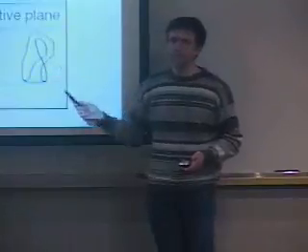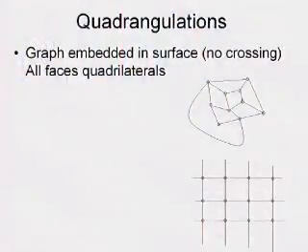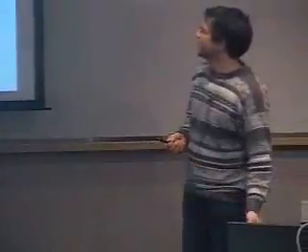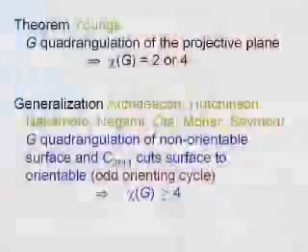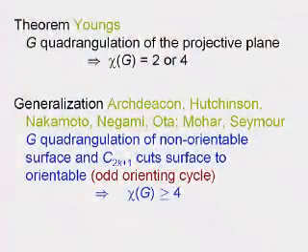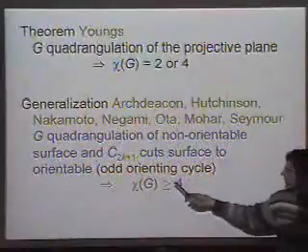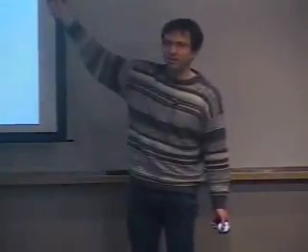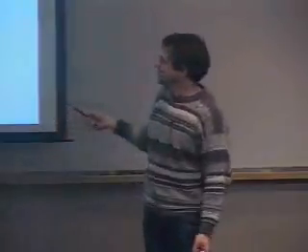And if one of these cycles happens to be a graph cycle, you can just check the parity of that cycle, and that gives you a parity. And if the parity is odd, so there is this odd cycle that cuts the surface into an orientable thing, then I call that an orienting cycle, and then the theorem applies. And clearly that generalizes Bob's theorem, except for the upper bound, because